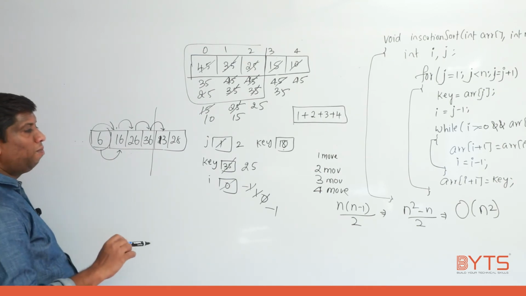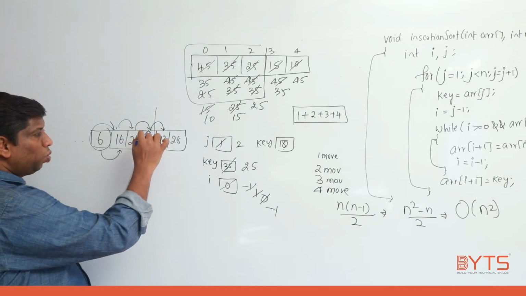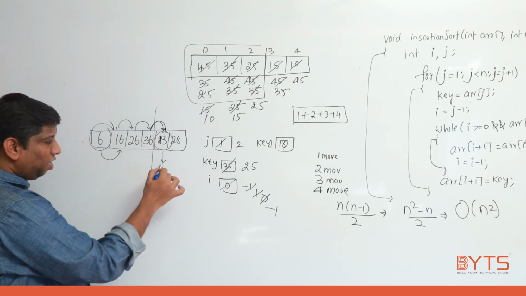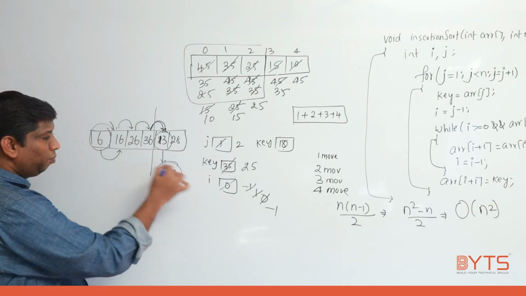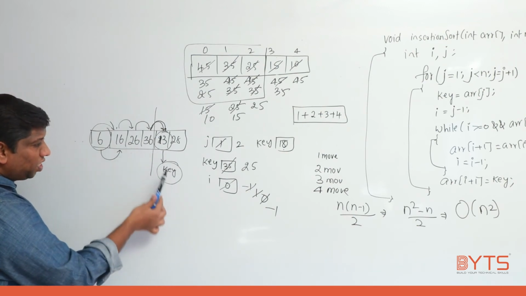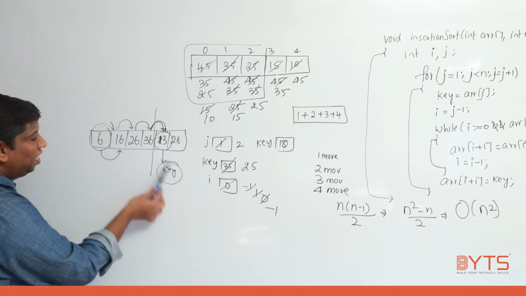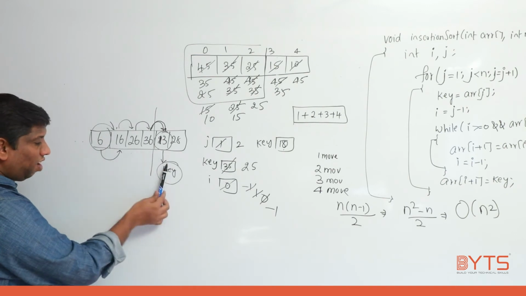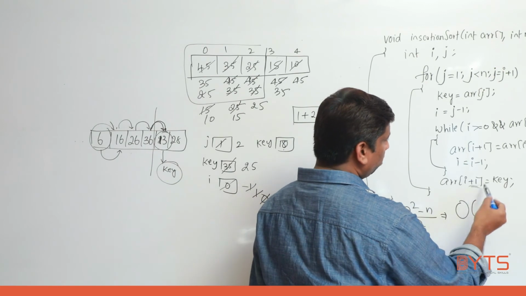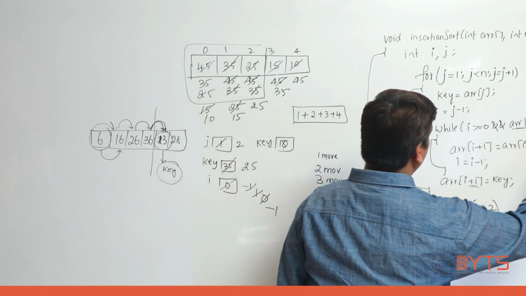So one important point you need to remember here is whenever you are moving 36 to this location, 13 is last. That is the reason 13 I stored in the key variable. And every time I am comparing 36 with key, 26 with key, 16 with key, 6 with key, 6 with key false. So next location only I need to update. That is the reason I wrote here next location plus 1.